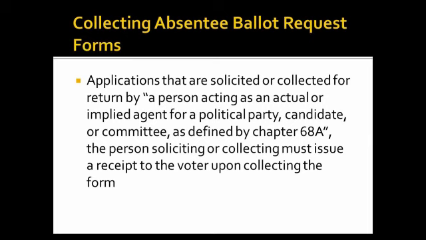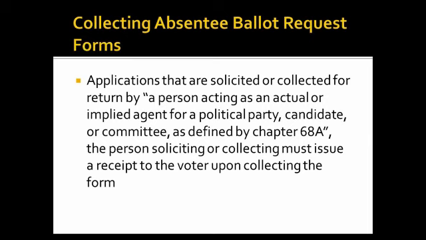The receipts need to contain the name of the applicant, the date and time the application was received from the applicant, the name and date of the election for which the ballot is being requested, the name of the party, candidate, or committee, the name of the person collecting the absentee ballot request, and a statement indicating that the request will be delivered to the county auditor and when the ballot will be sent by the county auditor.